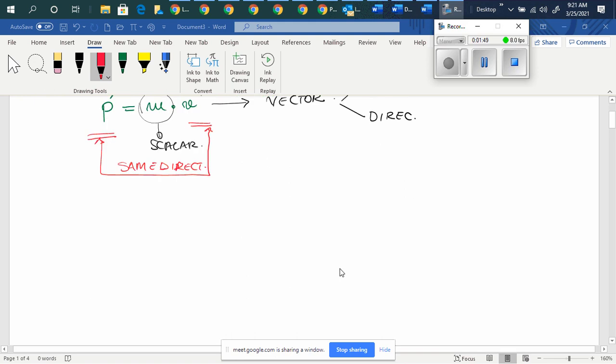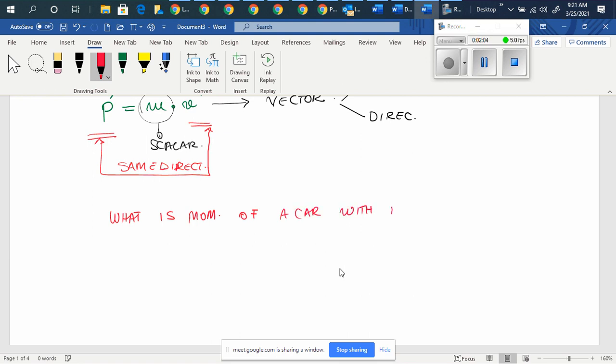So let's suppose that we have a question: what is the momentum of a car with mass 1.32 times 10 to the power of 3 kilograms, and it is traveling with a velocity of 3.20 meters per second